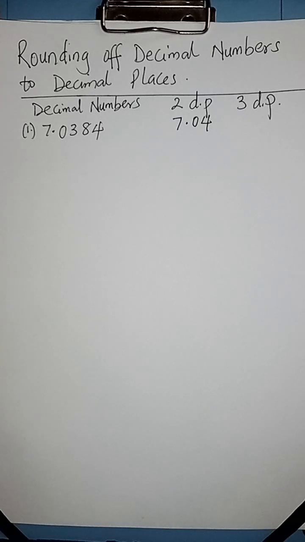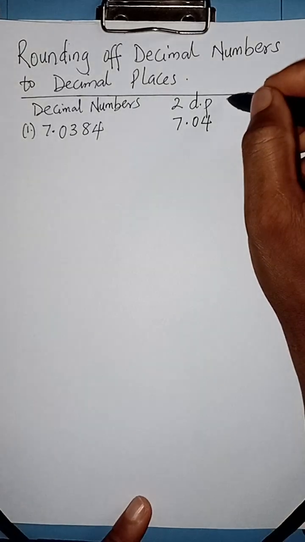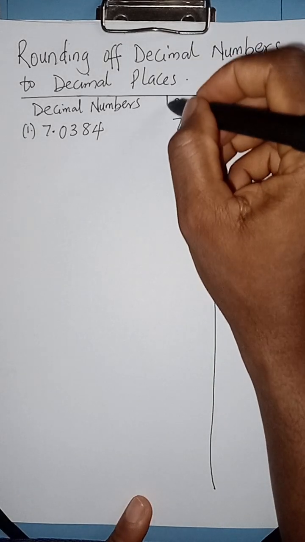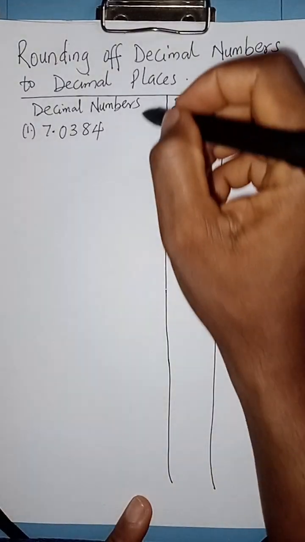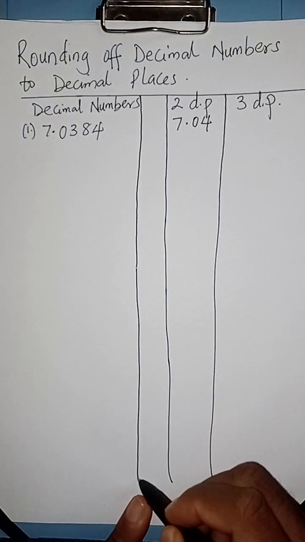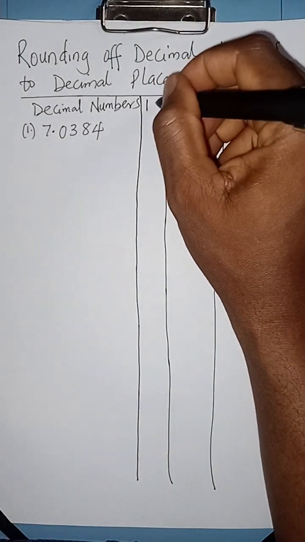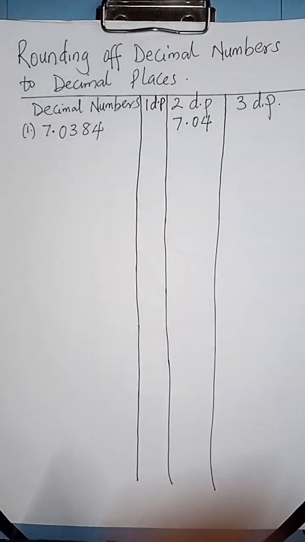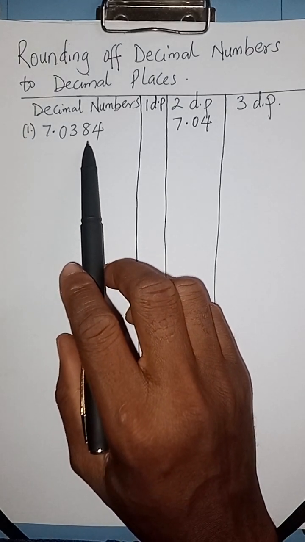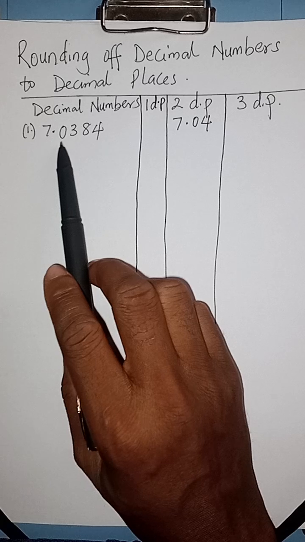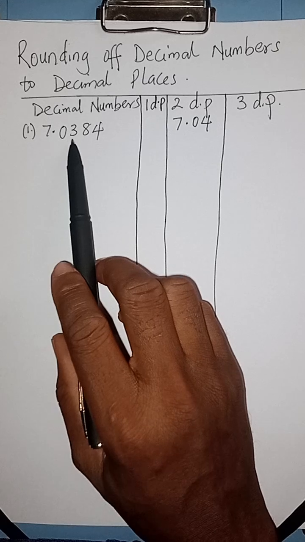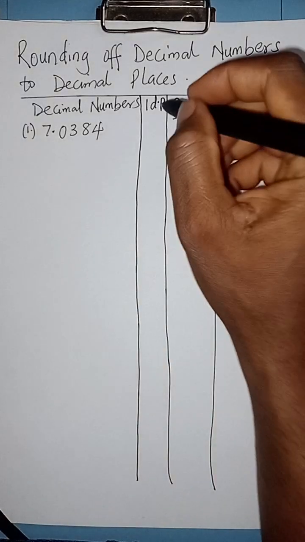To make this interesting, let us include one more. Let me divide it this way and include one decimal place. So let's assume I'm asked to write to one decimal place. Okay, so let's start with that. Now 7.0384 to one decimal place will be 7.0. But before writing the 7.0, I'll check the digit after 0, and that's 3. It tells me I'm rounding down. So my answer will just be